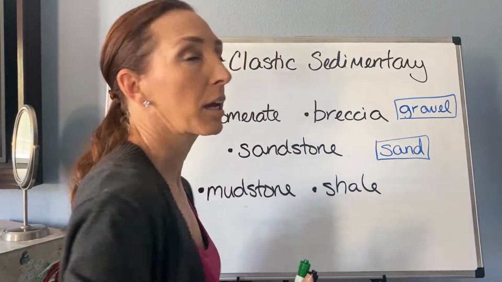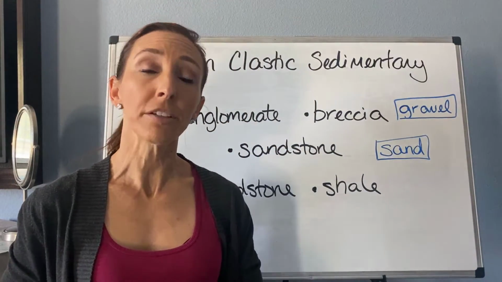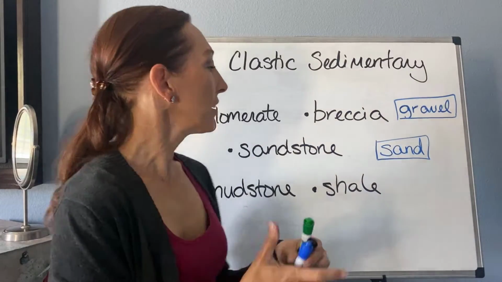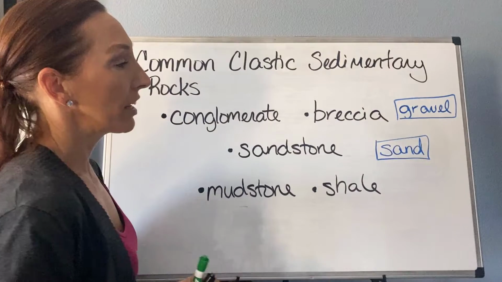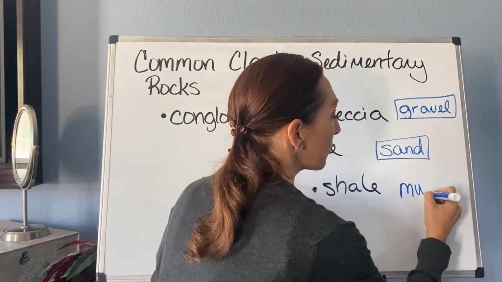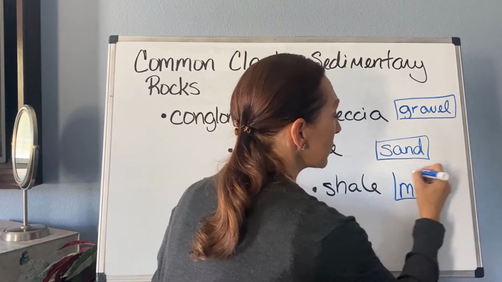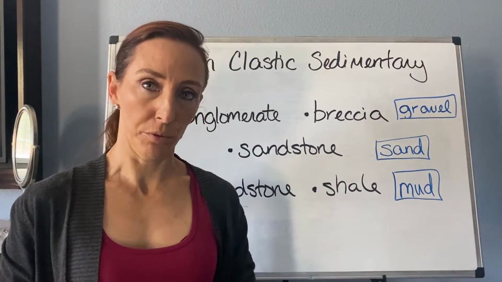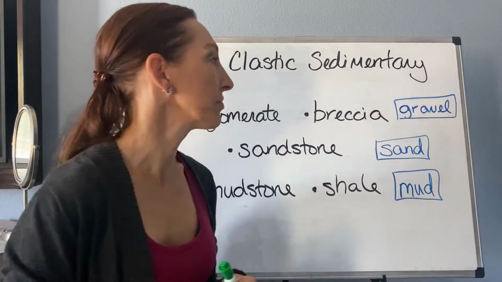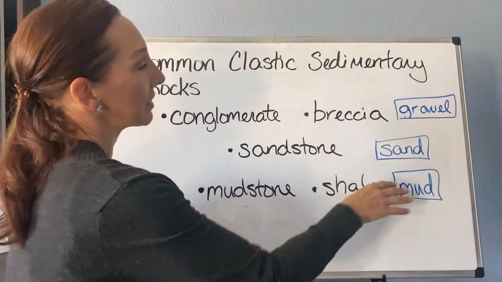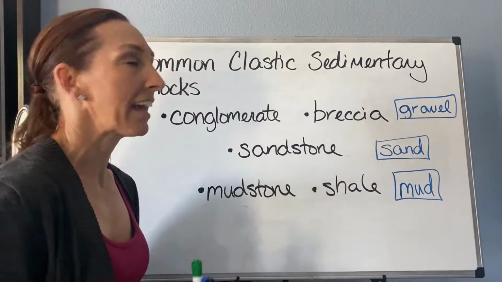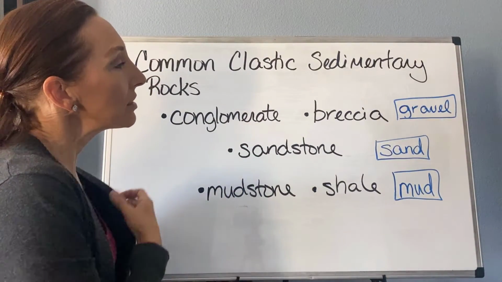And your lab manual will talk about how gravel is anything over 2 millimeters, which is something you can definitely visually see. And then finally, our mudstone and shale is going to be made out of mud, so silt and clay. And so for these, mud is going to be something that feels very smooth. So it's fine enough to where you don't feel the grit of sand anymore. Okay. So we have gravel, sand, and mud. So it's the first thing to be able to lump these into the right kind of area. So now let's talk about